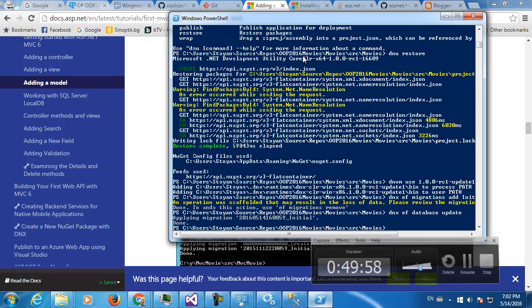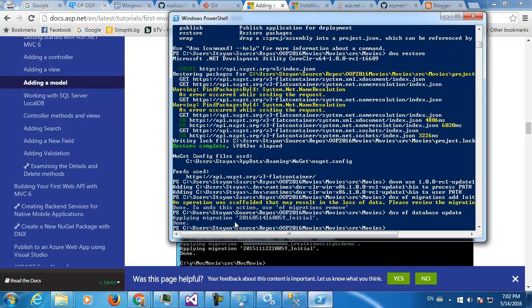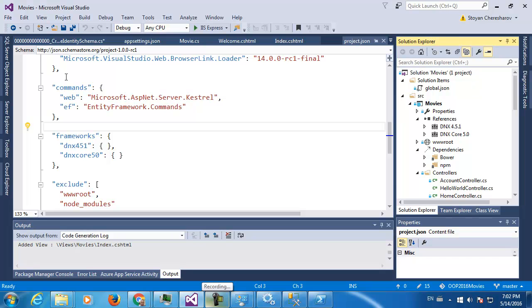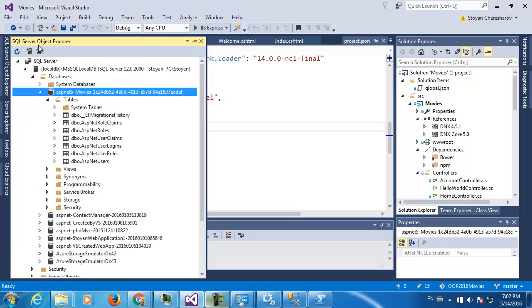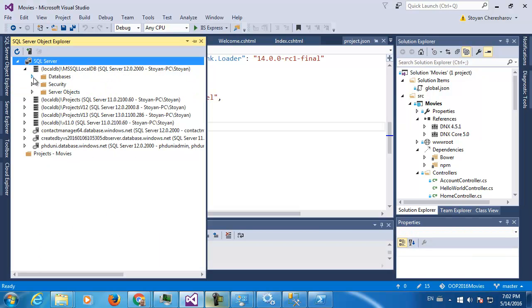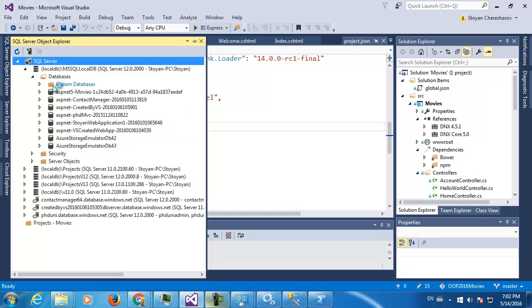DNX. Okay, apply migration. Let's see if this is the migration which we need. Uses store and movies. Okay, let's see now what's going on here in Visual Studio. So all the commands have been executed. SQL Server Object Explorer. Let's refresh. I didn't mean to refresh everything, but